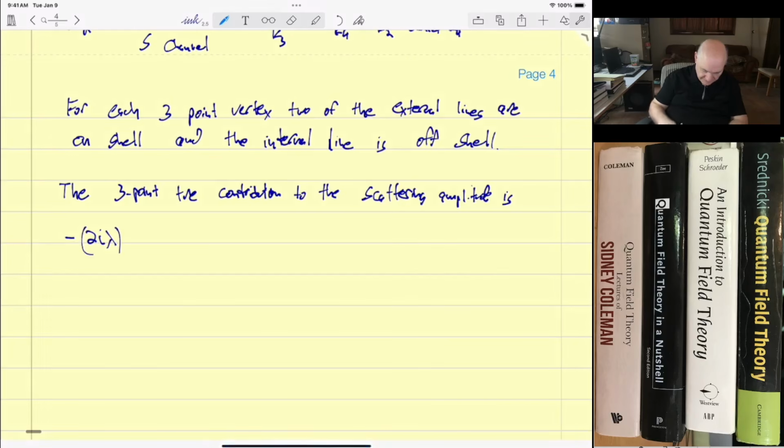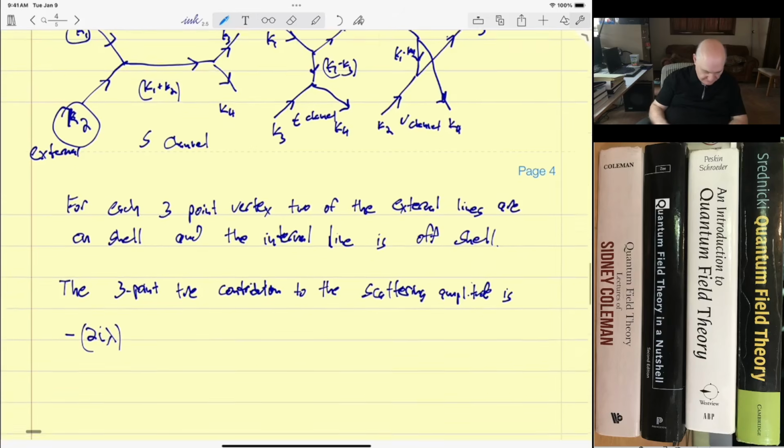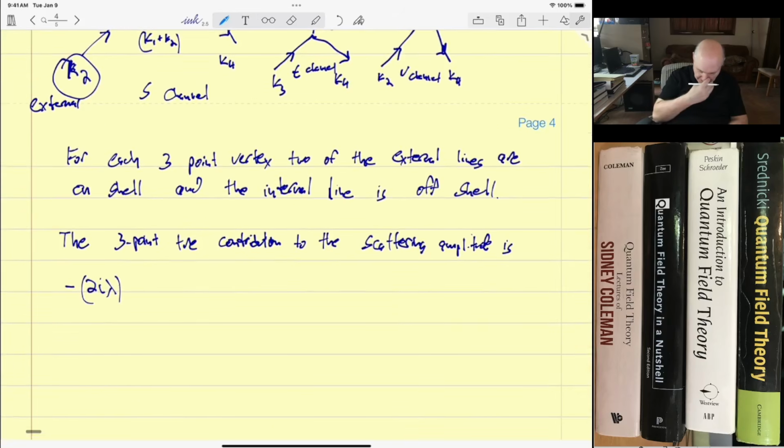Then I'm going to have, like in the S channel, this one over here, and this one over here, these are external, and the internal is there, so I'm going to get